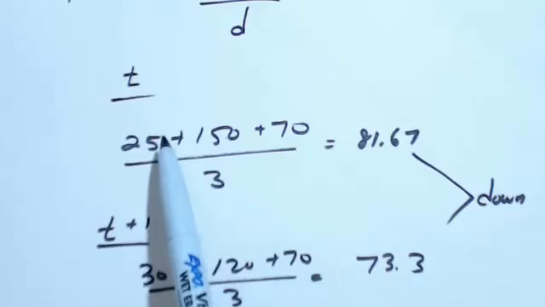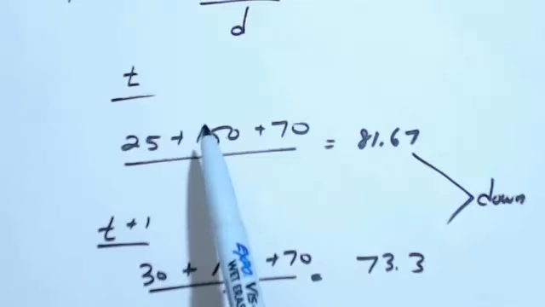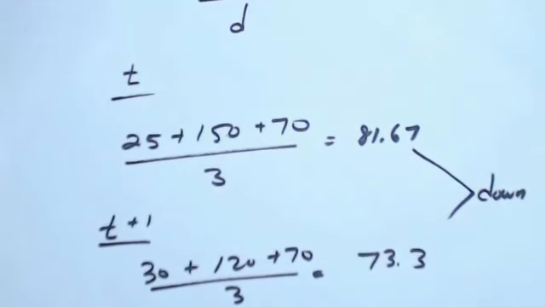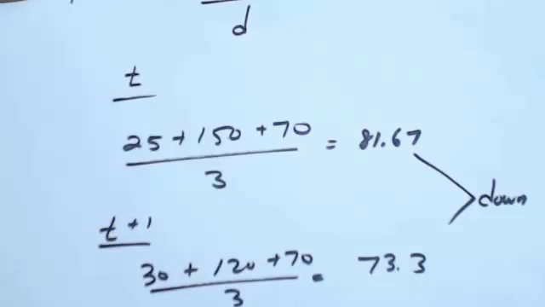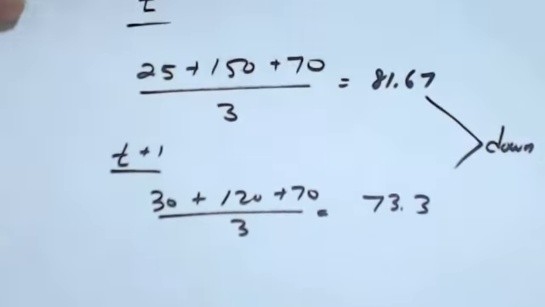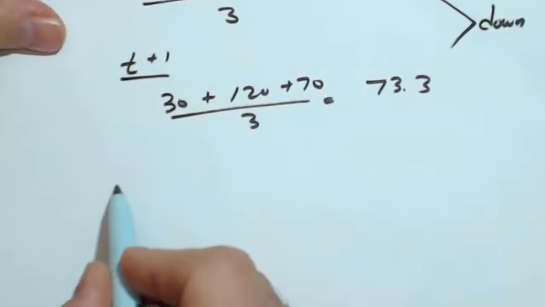Okay, because look, 25 to 30 is a 20% increase. 150 to 120 is a 20% decrease. They didn't offset each other according to this index. The high price stock had the bigger influence on this index. Okay? And I'll get into that a little bit more once we look at value weighted indexes and compare and contrast. Now, with a value weighted index,